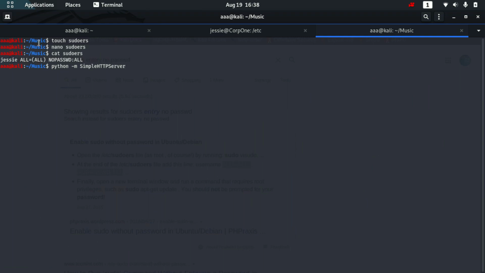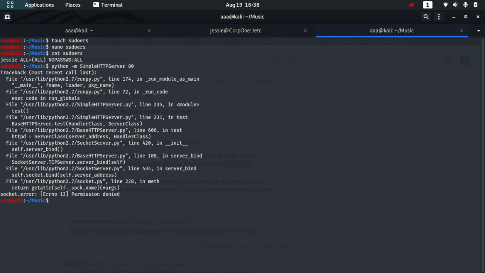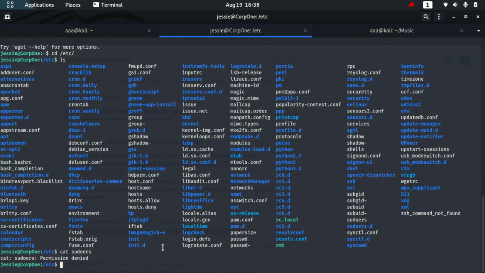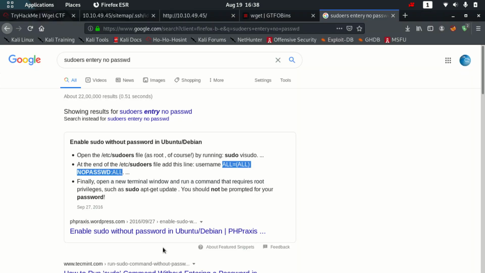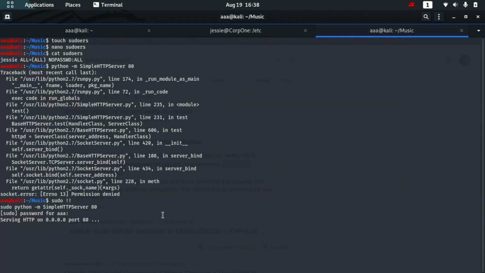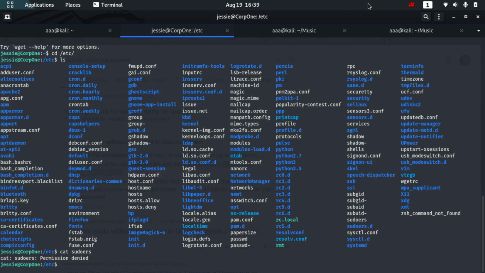Make sure that this S is capital, and let's serve it at port 80, and let's do sudo with the previous command, and now I am ready to serve on port 80. I am absolutely ready. So I am serving at one place, and I will take the input over here in Jesse.